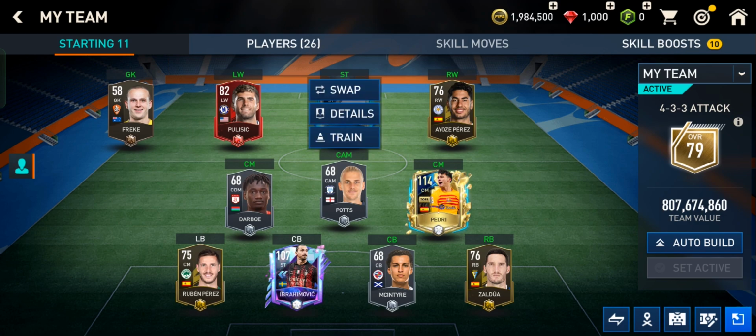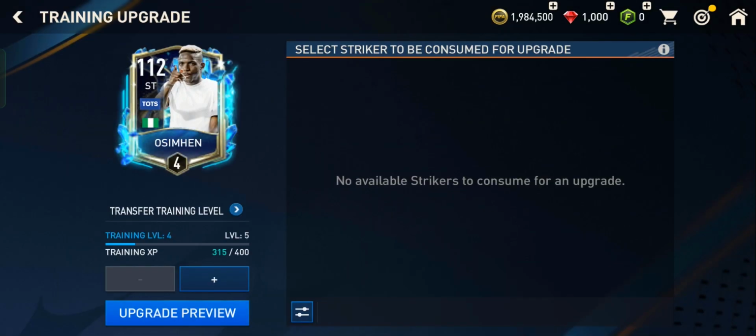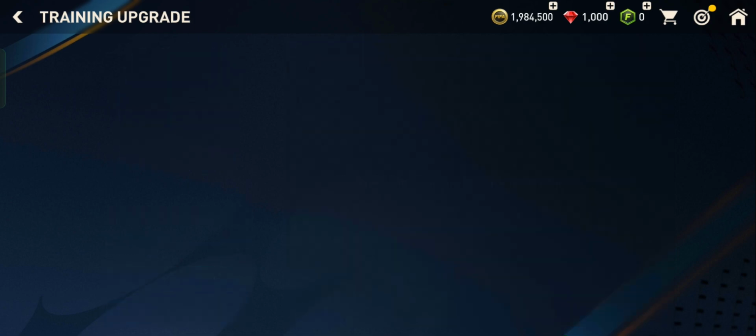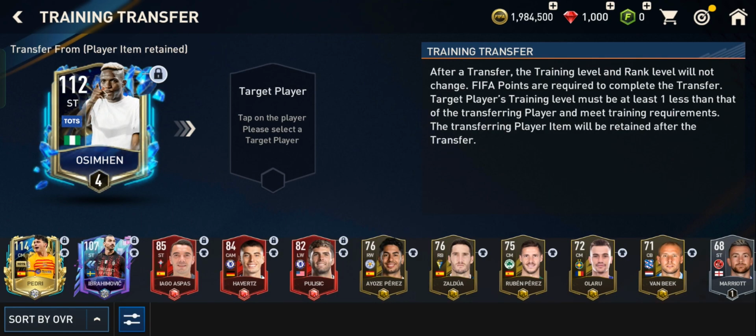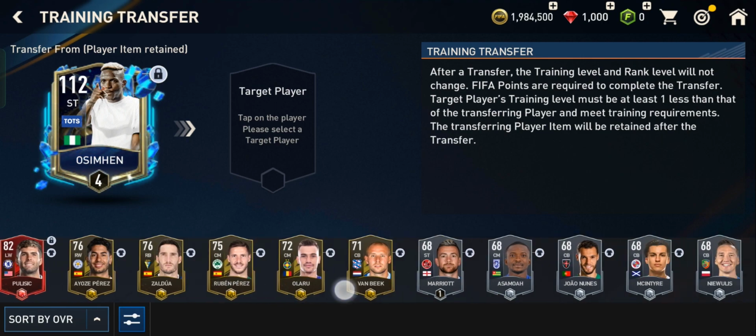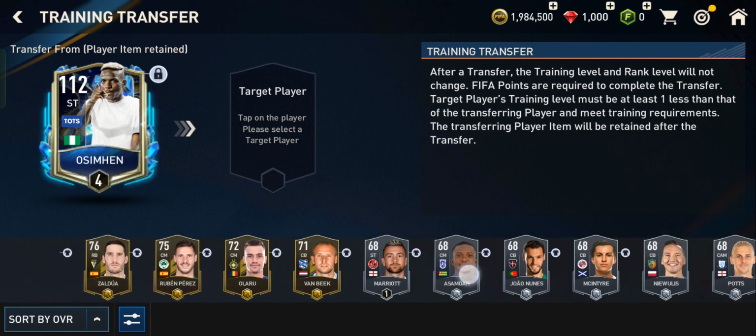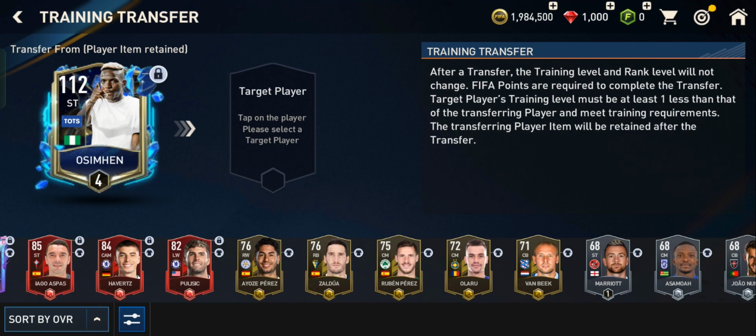Just make sure that the player that you are choosing is trained, so you will be able to transfer training level. After doing so, you can go ahead and click this transfer training level right here, the arrow button, and then you can now select the player that you want to transfer to. So I'm just going to select a random one right here in order to